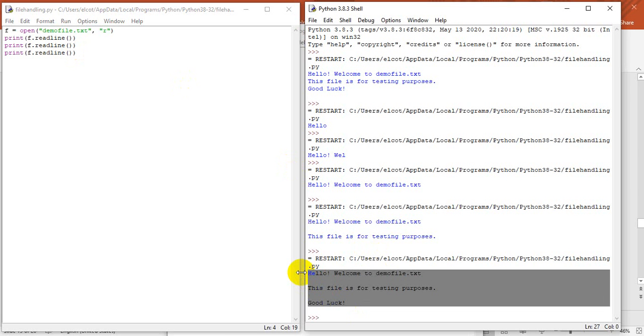Second, if you want partial content of the file, you can use the read method by passing a value. Third, if you want to read the lines of a text file, you can use the readline method. So these are the three major important methods involved in file handling.